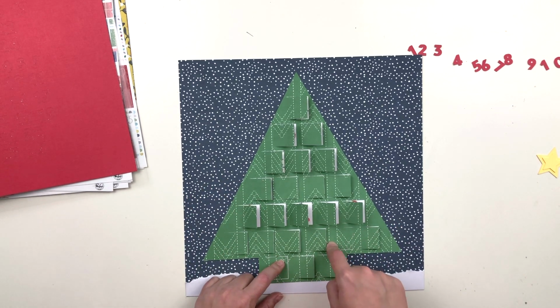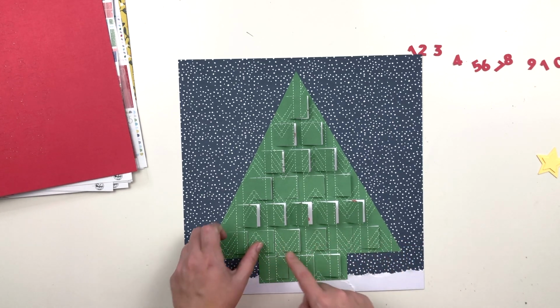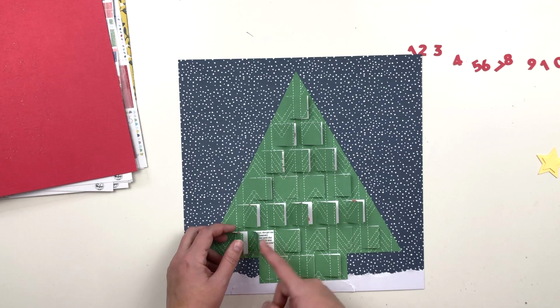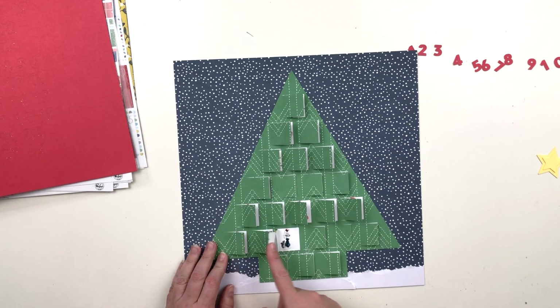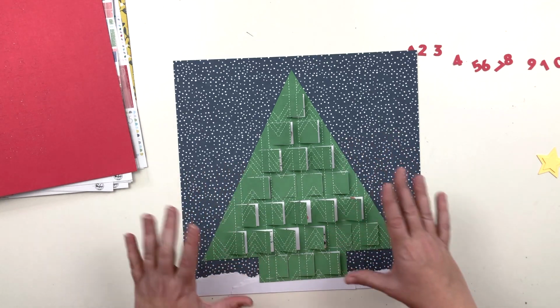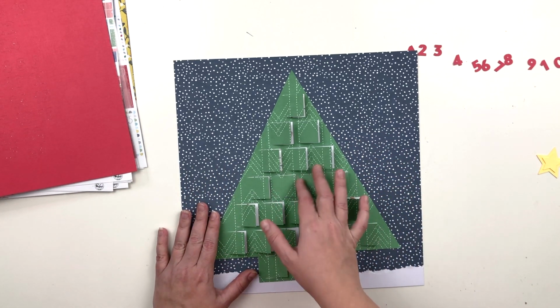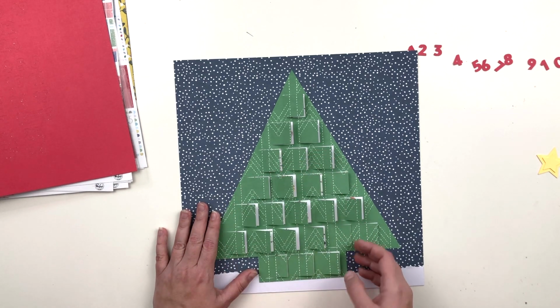Because you get the PNG file along with the cut files, it would have been pretty easy to just take it into Photoshop, which is where I edited all these photos to size anyway, and just printed them out in this shape and lined everything up that way. That would have been much simpler. So if you have the ability to do that and you want to use this cut file, I would definitely